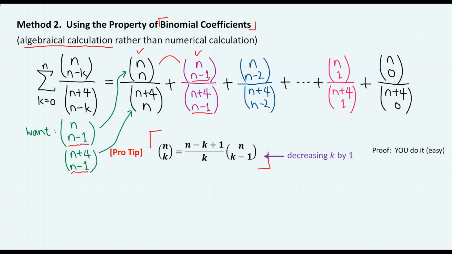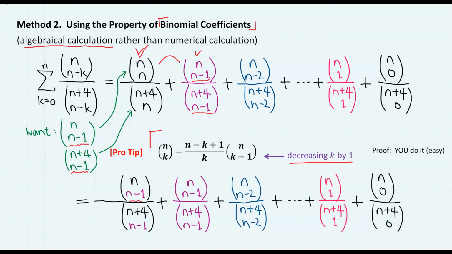n choose k is equal to n minus k plus 1 divided by k times n choose k minus 1. This formula reduces the k part by 1 while keeping the n part unchanged. If we apply this formula to the first term,